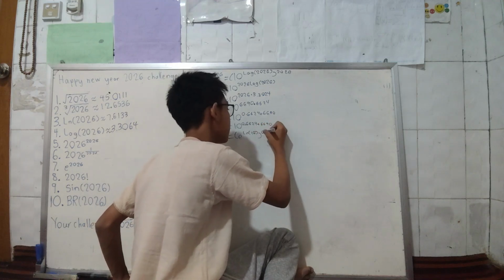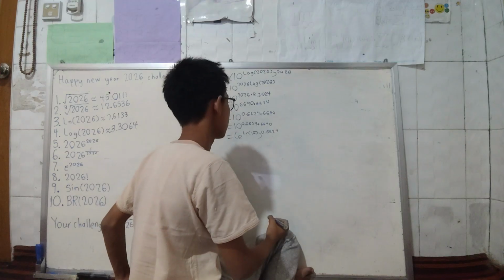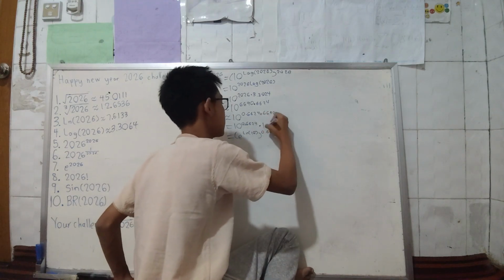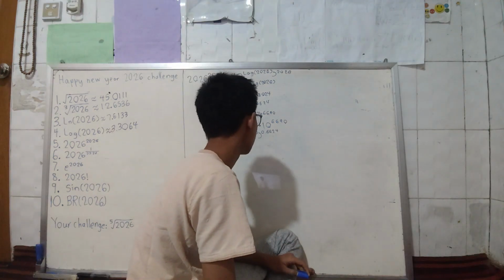Okay, that's going to be 0.6624. I should have written that. 10 to the 669, and then